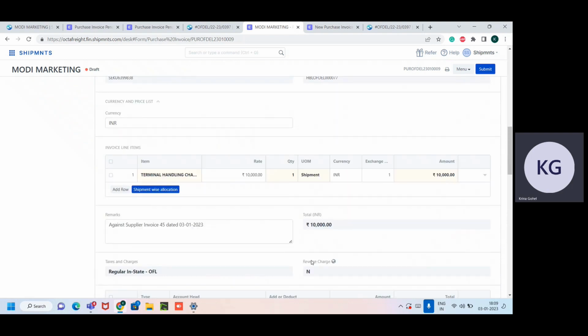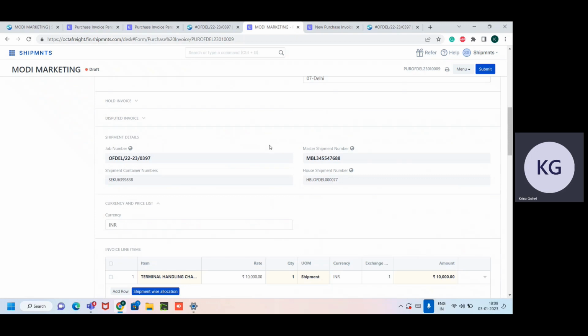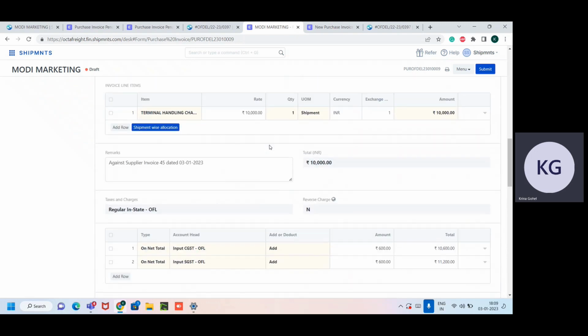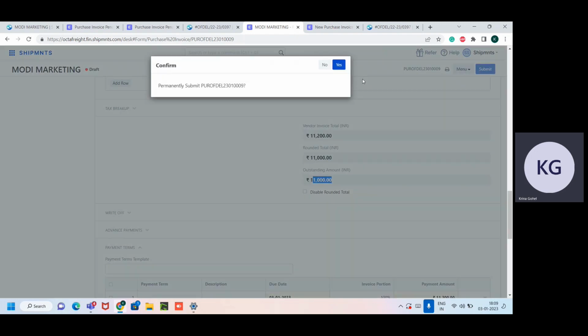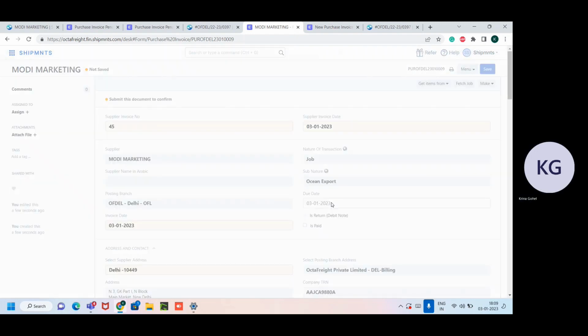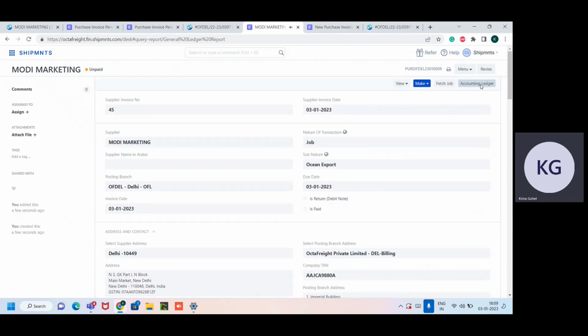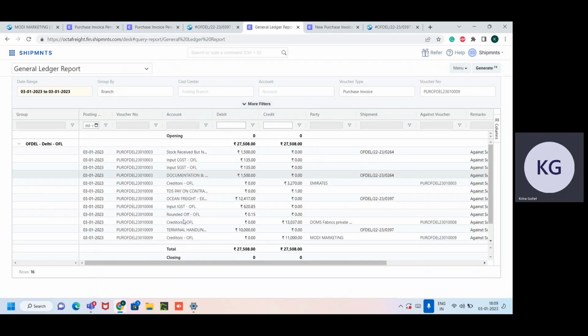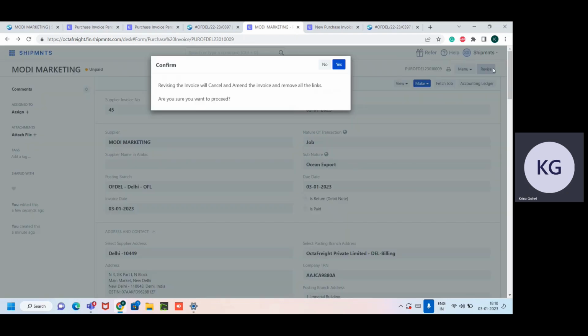So once you have checked all the details in this invoice, by clicking on save, the purchase invoice will go to the draft. And if your draft purchase invoice is okay, you can finally submit this purchase invoice. So you can see the accounting entry which the system has passed by clicking on accounting ledger. Going back, also if you want to revise this invoice, you just need to click on the revise option to